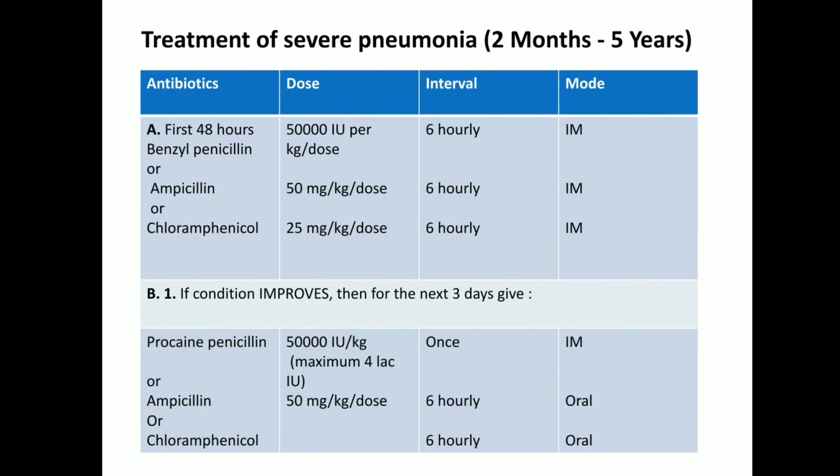So in brief, again I would like to discuss this. What is the first drug of choice? Within 48 hours you have to start either benzyl penicillin or ampicillin or chloramphenicol. The doses are described in the table, you can check here, and you have to give accordingly, QID dose. If the patient's condition is improving after 48 hours of starting the antibiotic, you have to change the treatment pattern. If he is taking injection form, you have to make it into the oral form.